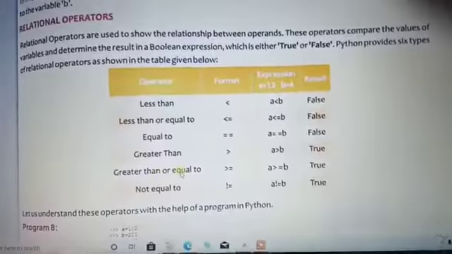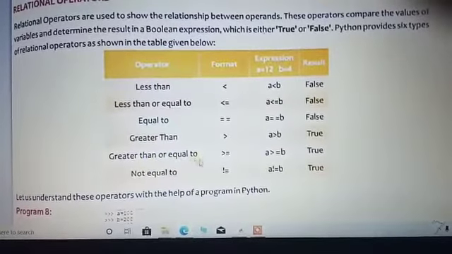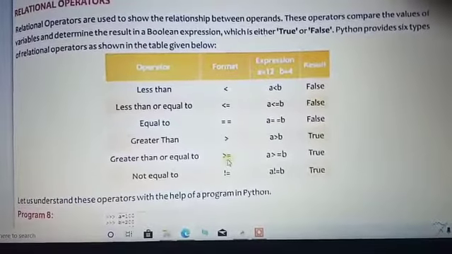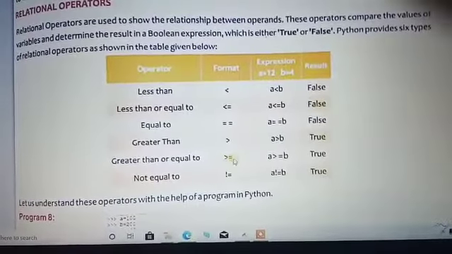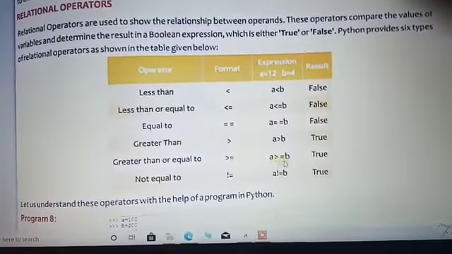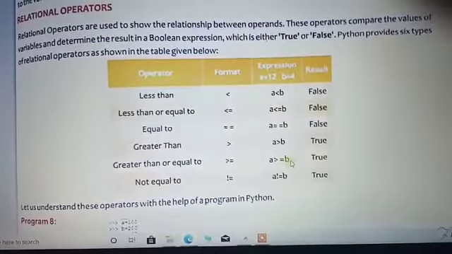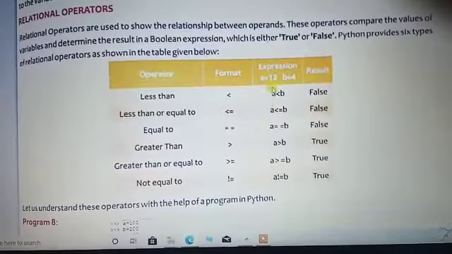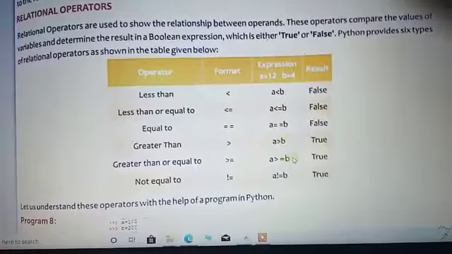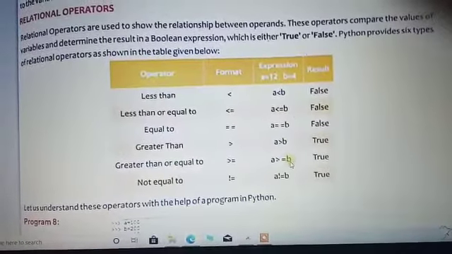Then the next relational statement is greater than or equal to. There are again two operators here: one is greater than, another one is equal to. The expression is evaluated like A greater than or equal B. The value of A is 12, greater than 4, that is true. But 12 equal 4 is false.